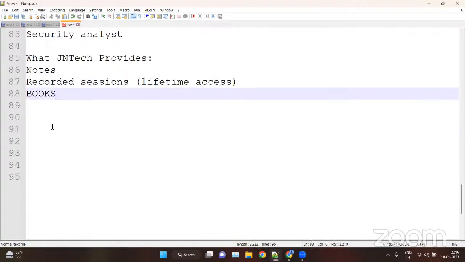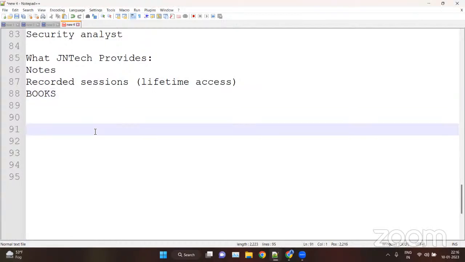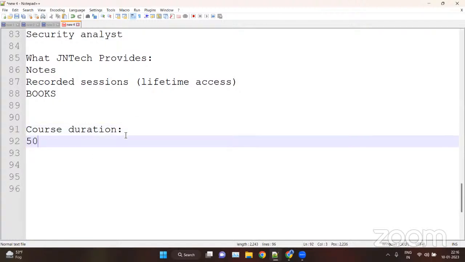Then we have the course duration. The course duration is 50 hours, of penetration testing only.